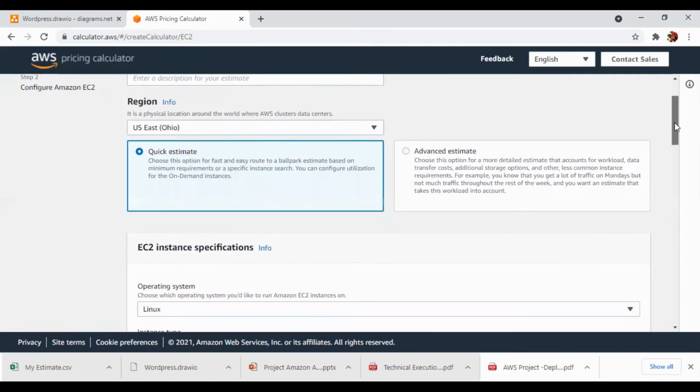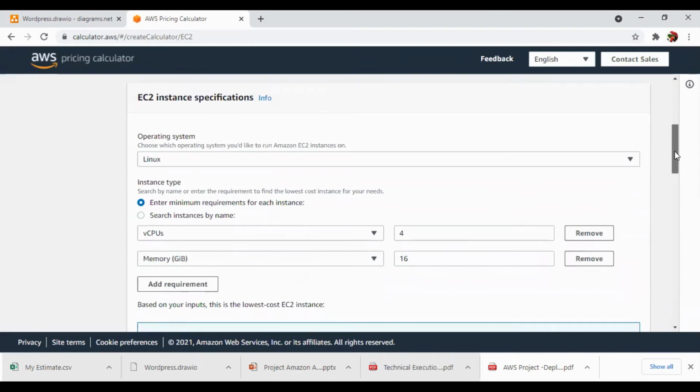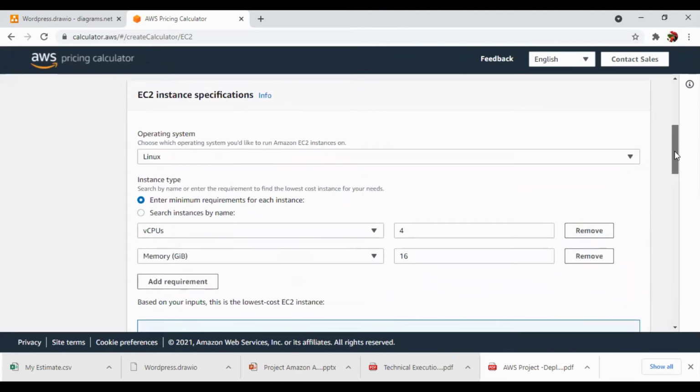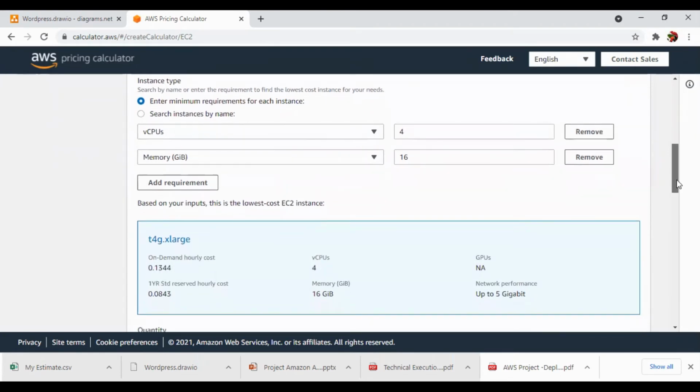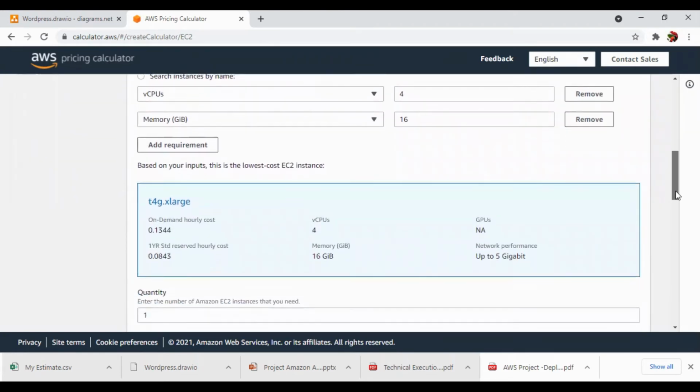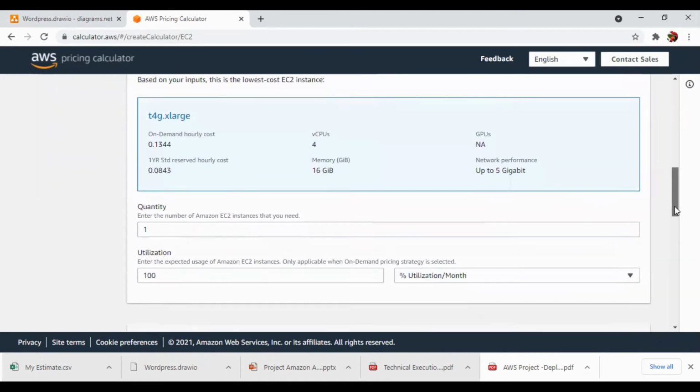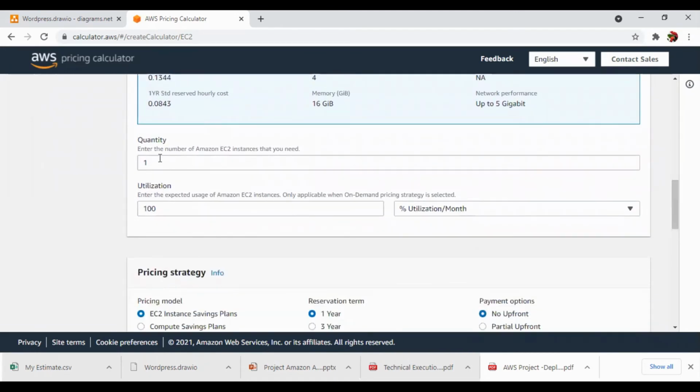We have selected the region, the EC2 instance specifications, like what operating system we are going to use. It is Linux. Then next is how many vCPUs, what is the instance type. So T4g.xlarge is selected, and the quantity as in the proposed solution. As in the high level diagram, I showed you two servers, so let's go for a quantity of two.